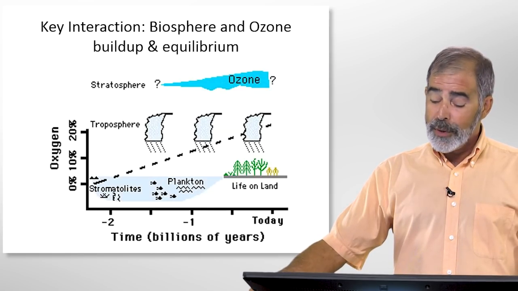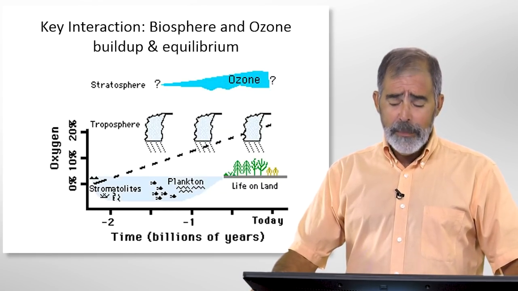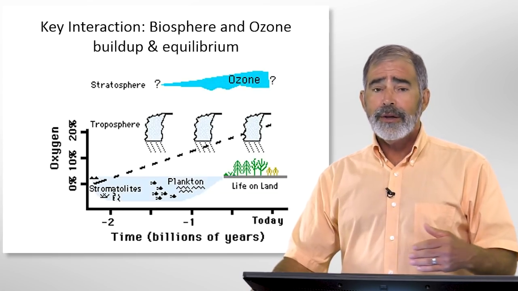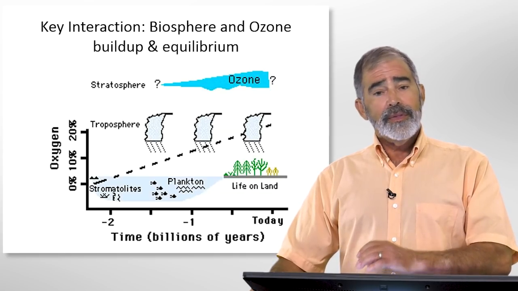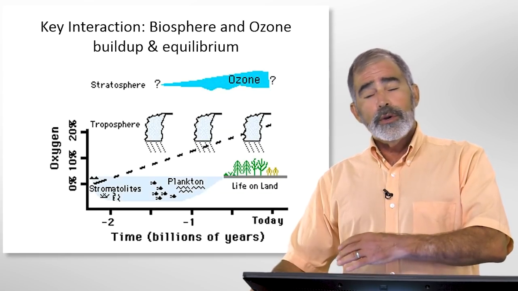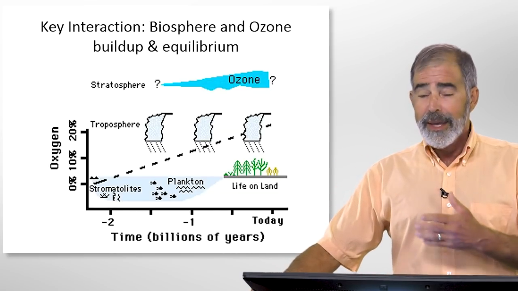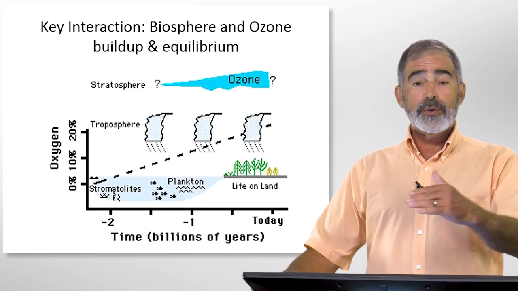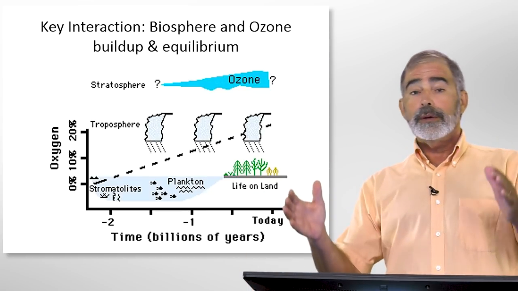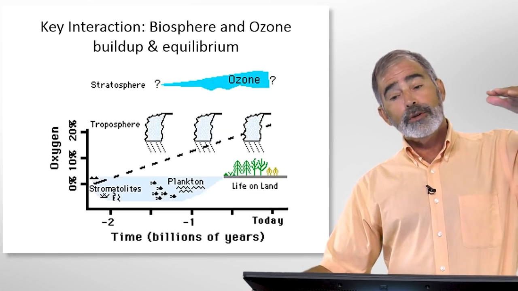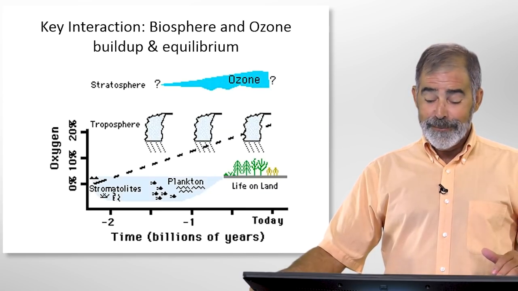Another key interaction is the buildup of ozone over time. Nobody really knows exactly the history of the ozone layer, but there's a thought that it started somewhere around 1 billion years ago. The key was that free oxygen being released with photosynthesis would move up into the stratosphere. Solar radiation would combine the oxygen, the O2, into making O3, and we'd gradually build up the ozone layer as life got more and more protection. You'd build up the ozone layer until an equilibrium or a balance was reached between natural buildup and destruction. Of course, humans get involved and the ozone layer is in trouble.